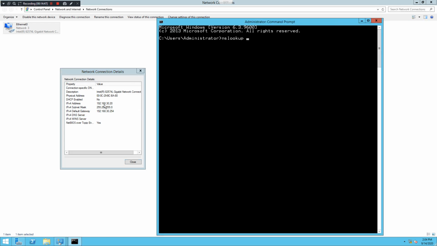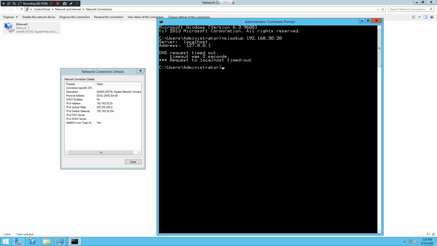As you can see, my IP address is 192.168.30.20. So first of all, it is showing that the DNS request timed out, and localhost and all these kinds of things. So I think we have some problem with it, so we have to fix it.